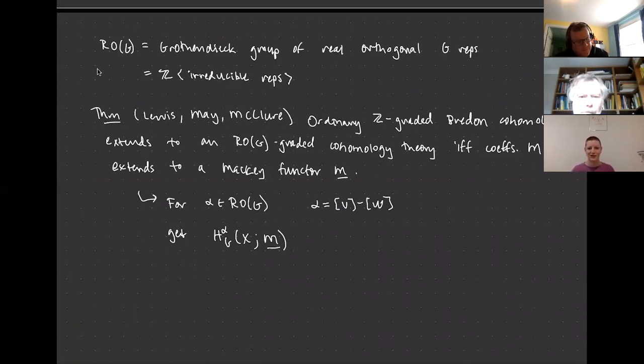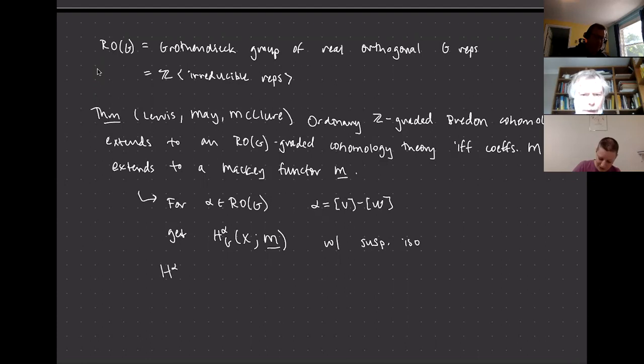So I still have to tell you what a Mackey functor is, but that M underline is going to be a Mackey functor. And the point of this is that they prove this is a nice theory and everything works out in a lot of nice ways, maybe not all the nice ways you might hope for, but one thing we do get is a good suspension isomorphism. So what do I mean by that? Well, if you looked at the reduced cohomology,